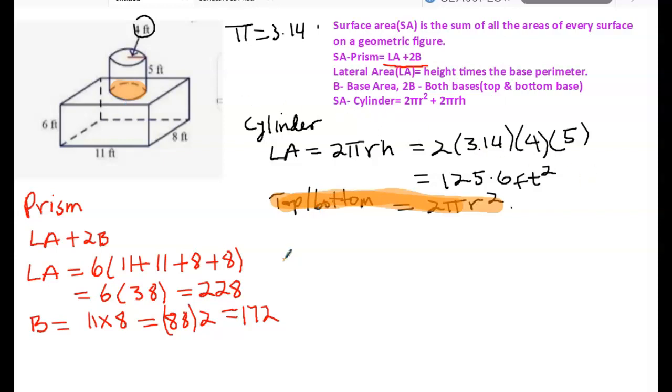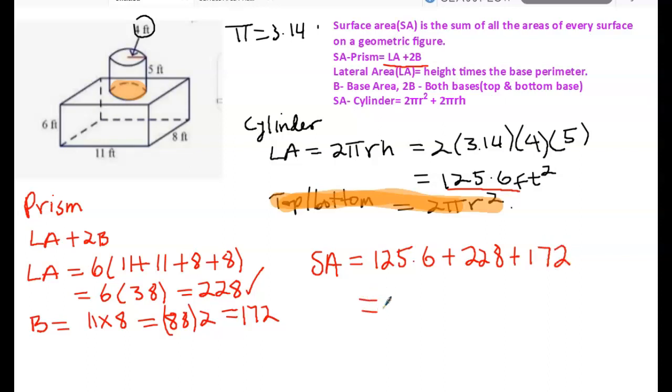Therefore, our total surface area of this composite figure is going to be 125.6, which is the lateral of the cylinder, plus the lateral of the prism, and then plus the bottom and the top of the prism, which is 176, and that will give us